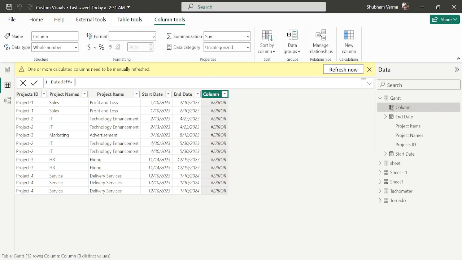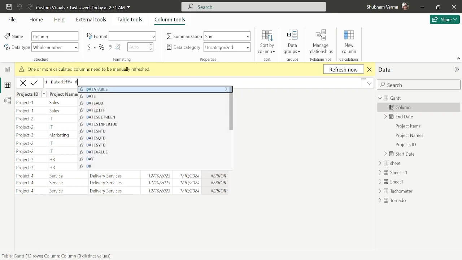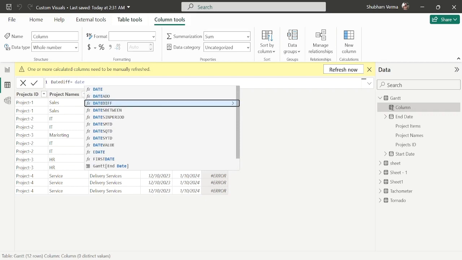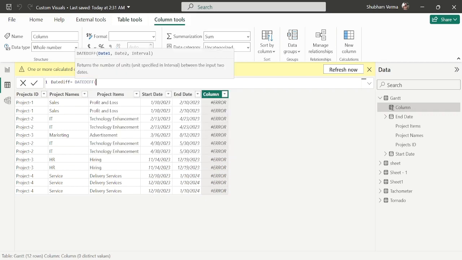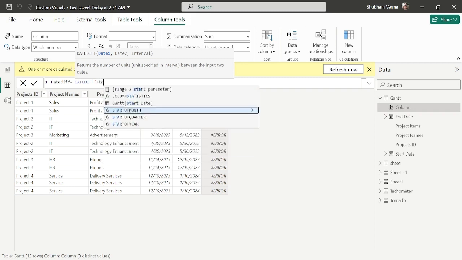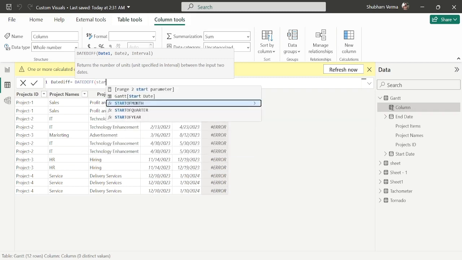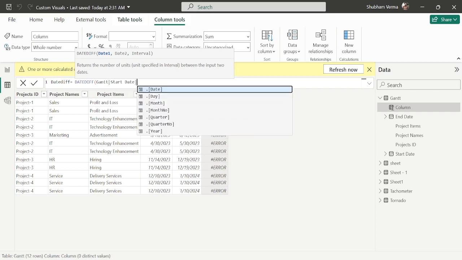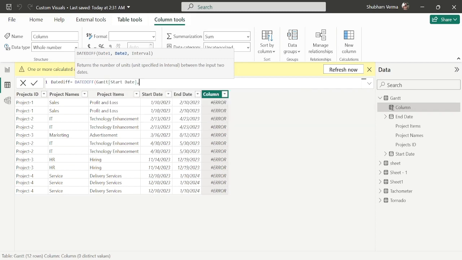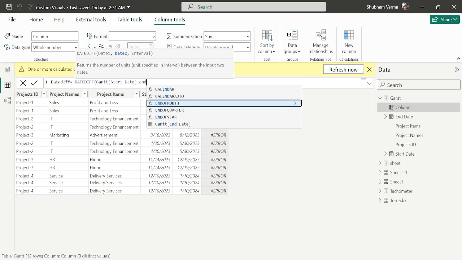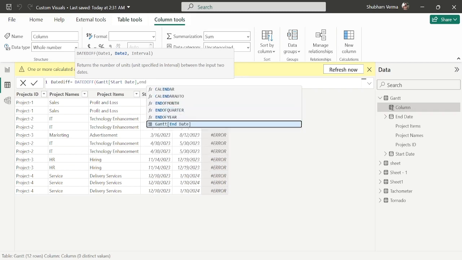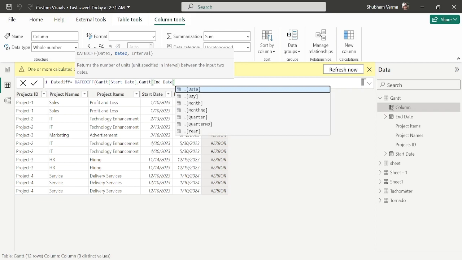And here guys, I will use my DAX function which name is DATEDIFF. So here we can see we have date 1 parameter, date 2 and interval. So let's fill these parameters. Under date 1, I will take start date, which is here under this Gantt chart table. Under date 2 parameter, I will take this end date, which is again here under this Gantt table,